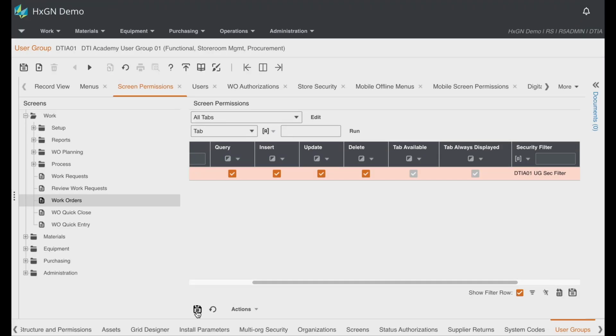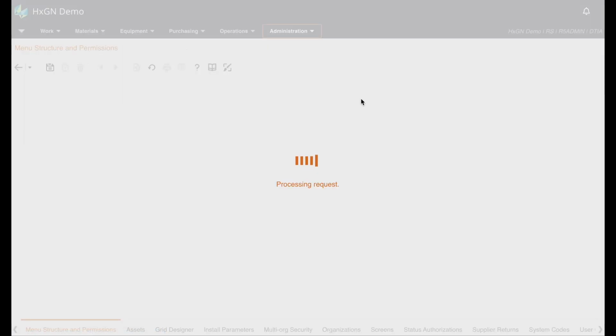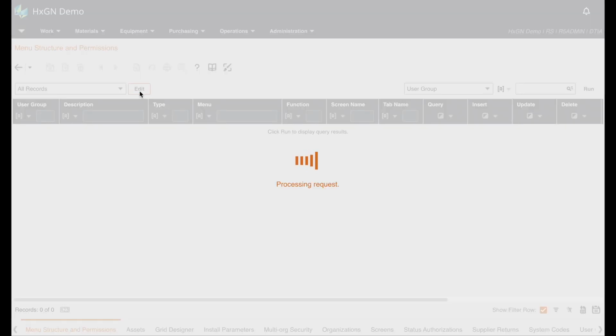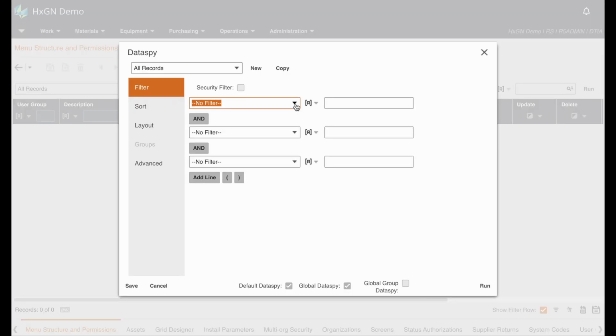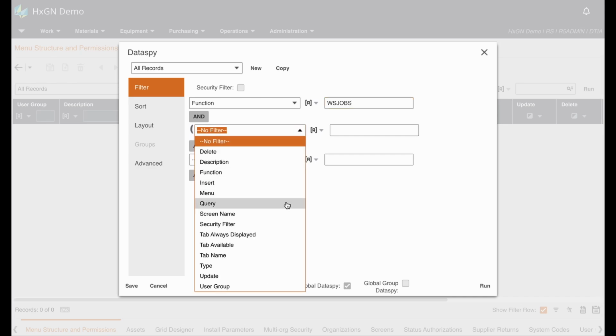On a final note, I always like to check my updates by referring to the menu structure and permissions screen. This screen is available from the administration menu, overview, menu structure, and permissions. So to check my work, I'm just going to edit the data spy, and I'm going to check for the work order screen. So I'm going to filter this by function, and I want to review the checklist tab